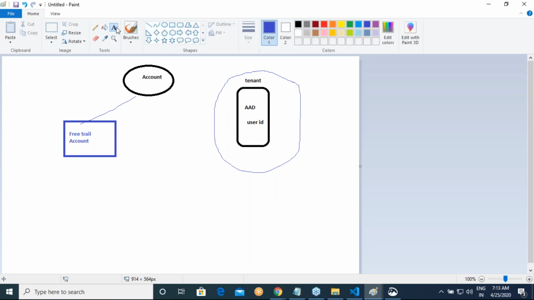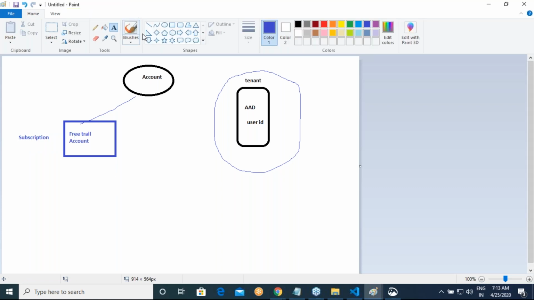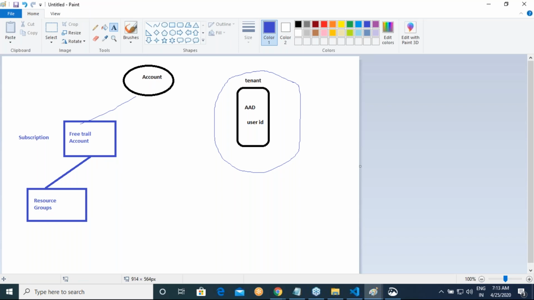This is basically called a subscription, right? And you cannot do much with a subscription. Subscription is something which is important. Inside this subscription, you will have something called resource groups. So you will be creating multiple resource groups.